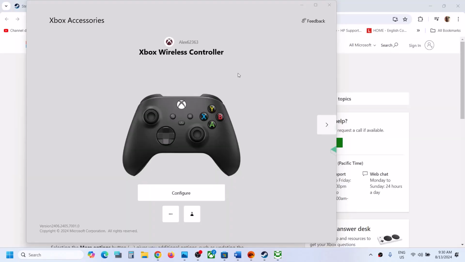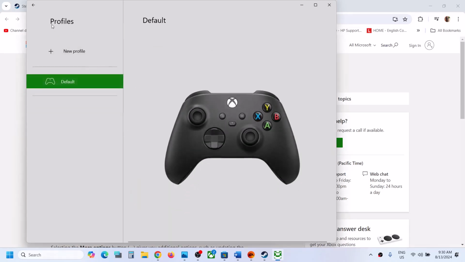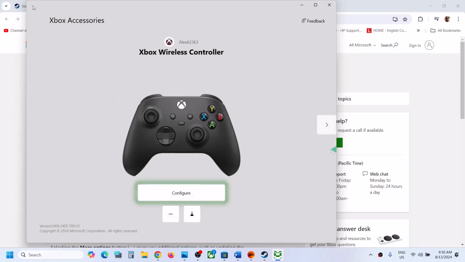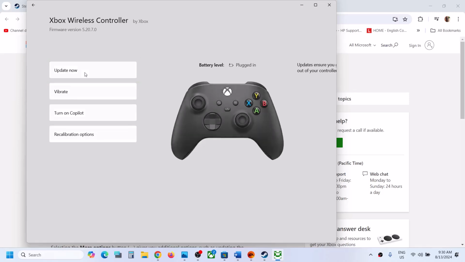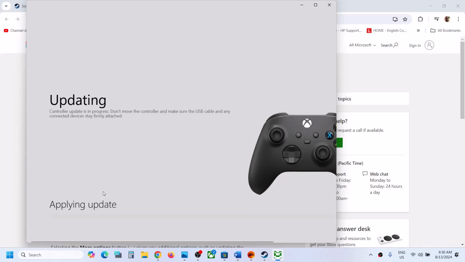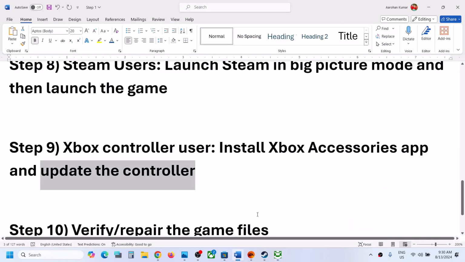Now once you connect your controller using the cable to your computer, you will see your Xbox controller. Click on configure, then go back and click on these three dots, click on more options and then update now, then click on continue and let the update complete. Do not disconnect your controller while it's updating. Once the update is complete, you can launch the game and then check. Now if it's still not working,